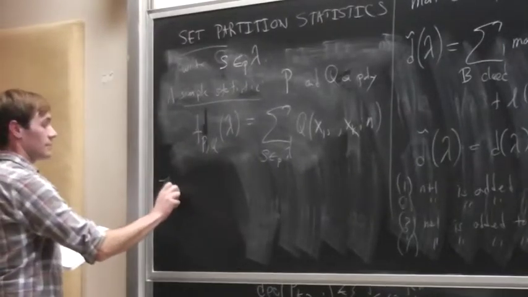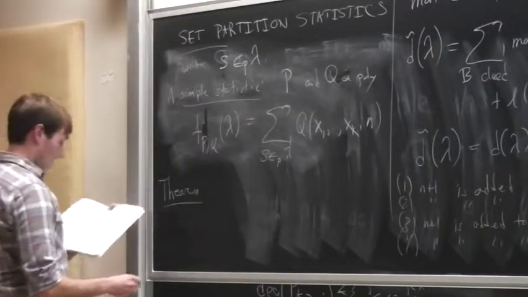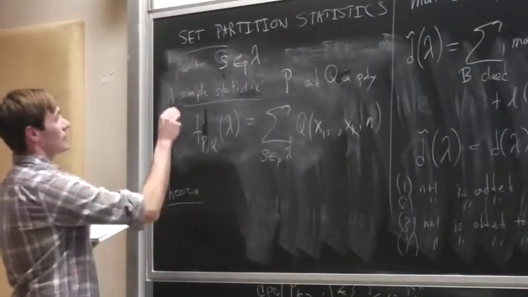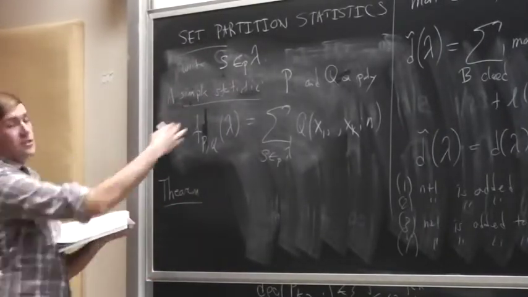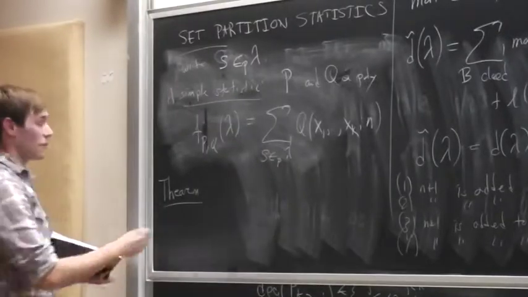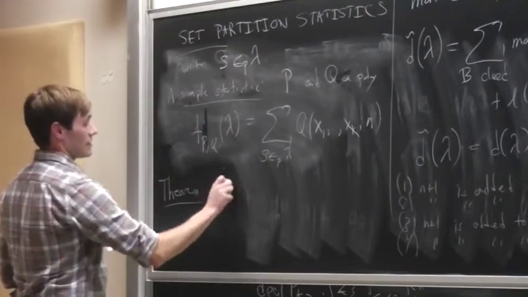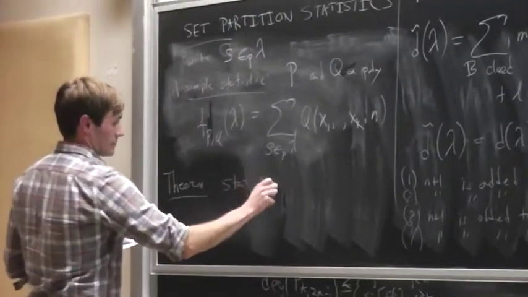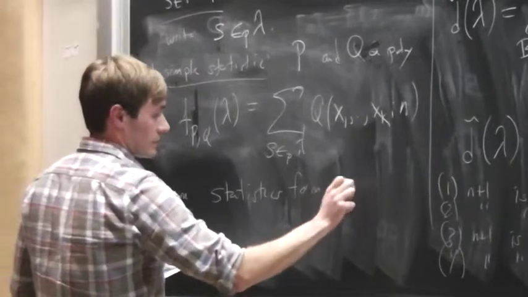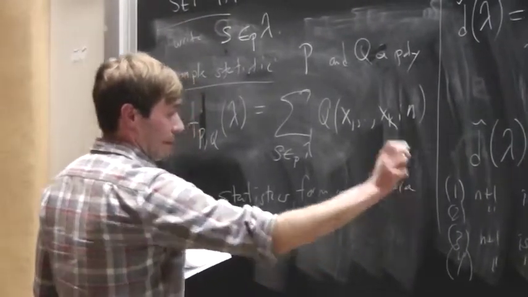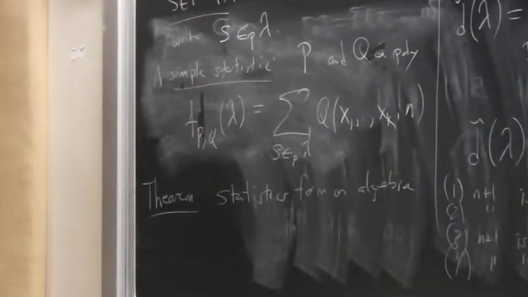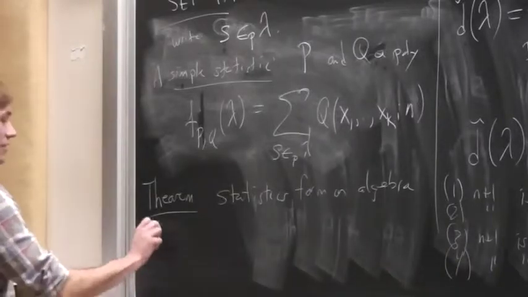And so the first theorem is that, well, this is a simple statistic, and a statistic is any linear combination of them. The first theorem is that it's closed under multiplication, so statistics form an algebra. That means that if the dimension exponent is a statistic, then any power of it is as well. So if you want to compute any of the moments, you can do it.